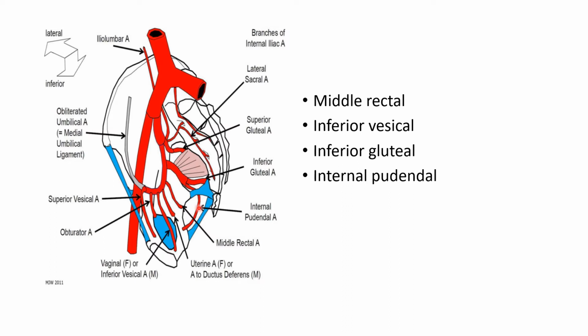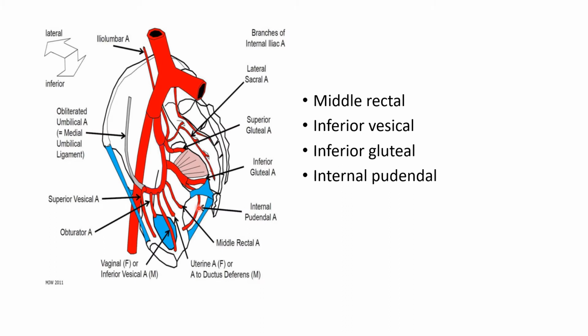First there is the inferior vesical artery. The inferior vesical artery arises either separately or in common with the middle rectal artery and supplies the base of the urinary bladder. The name vesical is given because it supplies the urinary bladder. It also supplies the terminal part of the ureter, seminal vesicle, ampulla of the vas deferens and the prostate. The inferior vesical artery corresponds with the vaginal artery in females. So this is the inferior vesical artery.